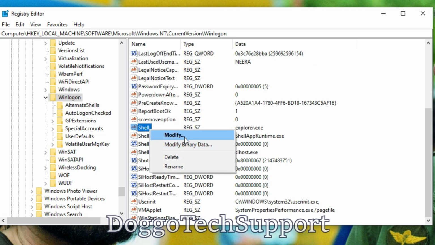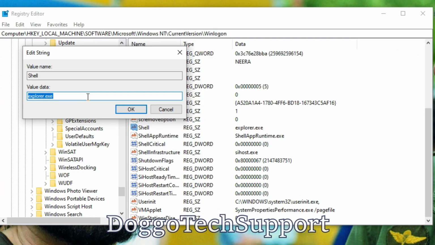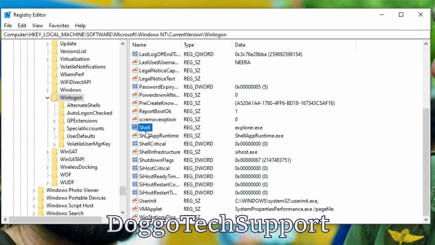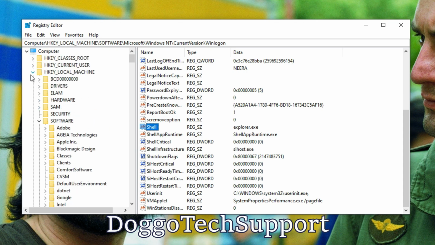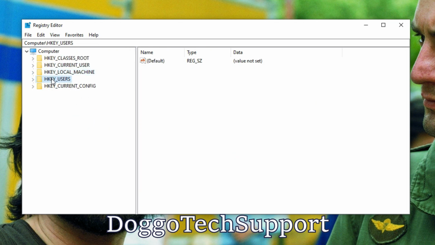The value data for this registry string should point to explorer.exe. So I will just add the explorer.exe value and click OK. Next we will go to another registry key and make some changes which can help us to fix the File Explorer issue. So go to